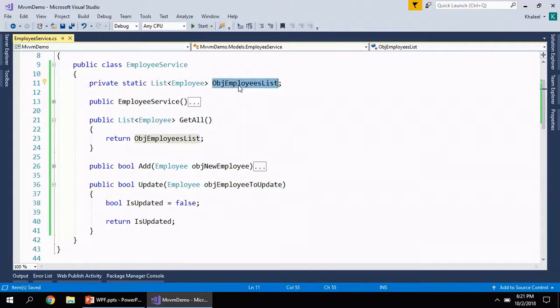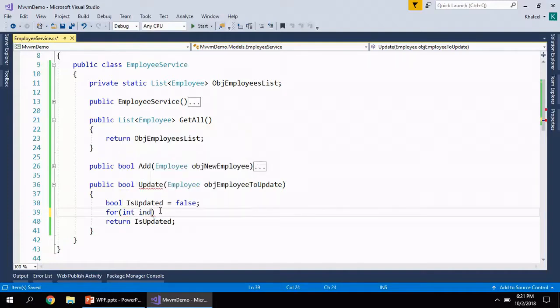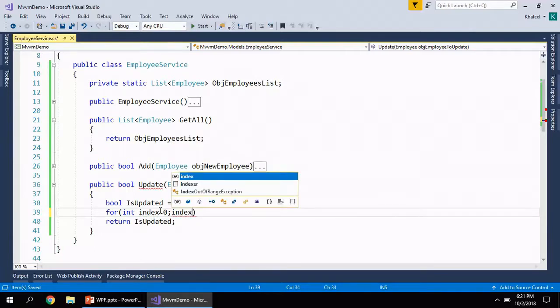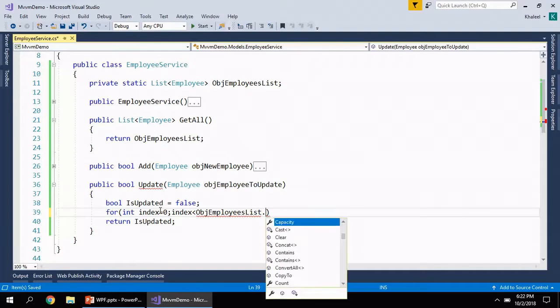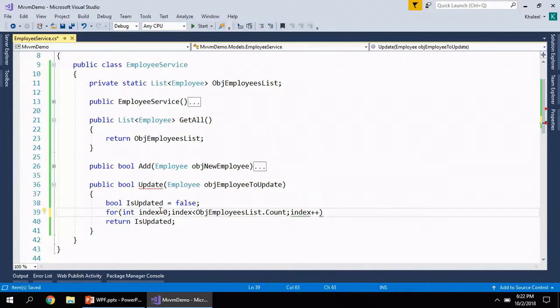Once we find an employee, we need to update its details. So we can do it with the help of a for loop. I'll take help of a for loop. I'll say for int index equals 0, index less than objEmployeeList.Count, index plus plus.